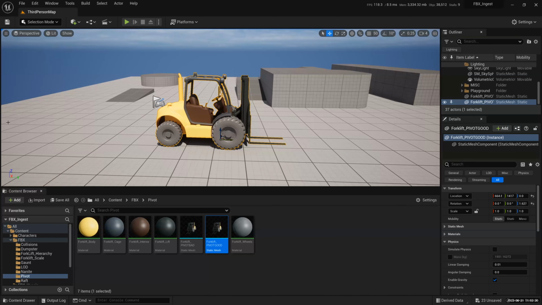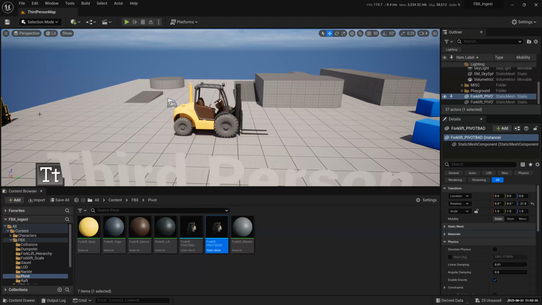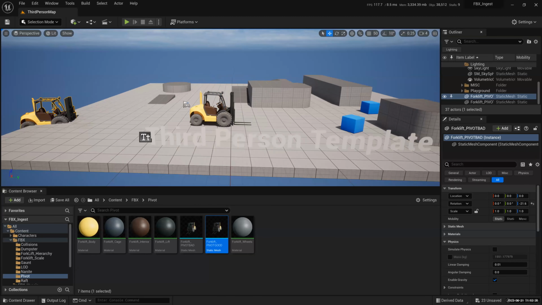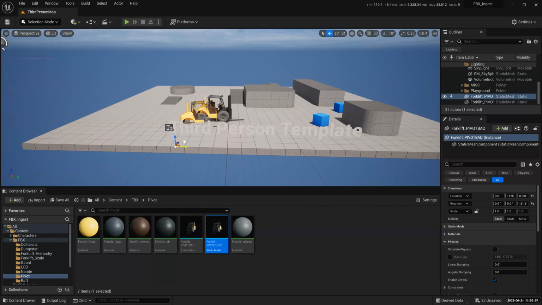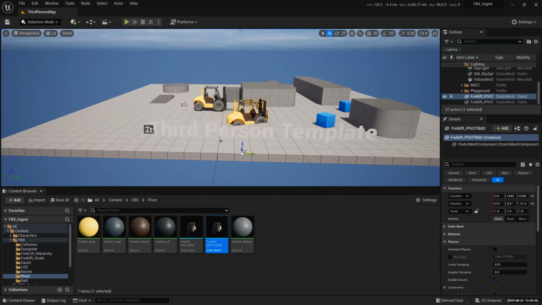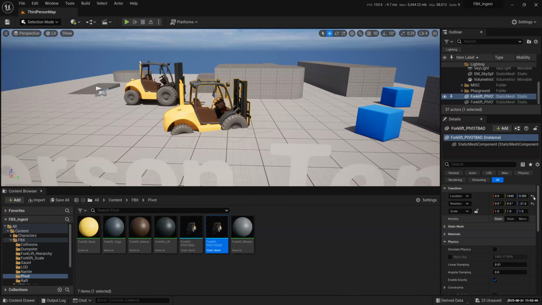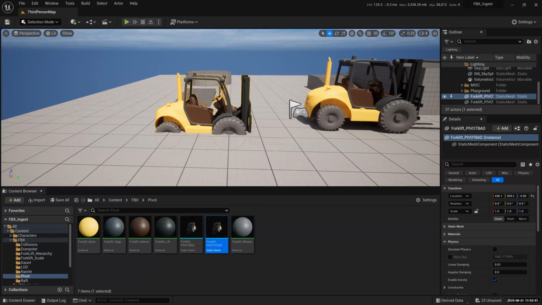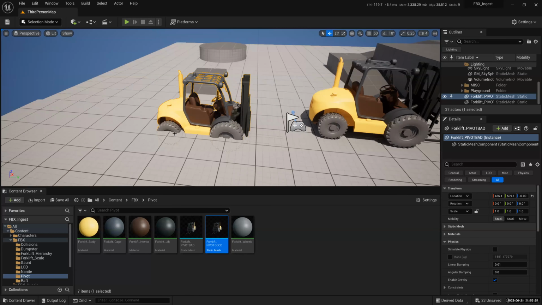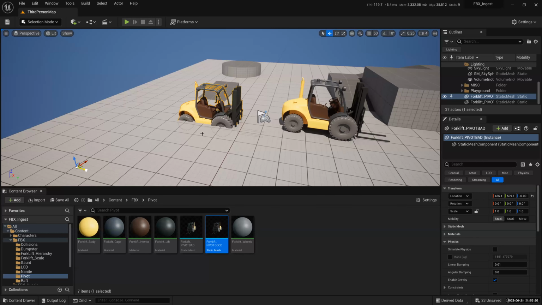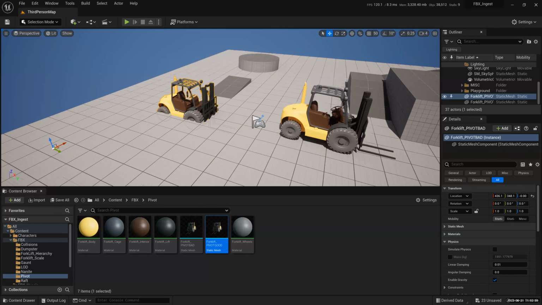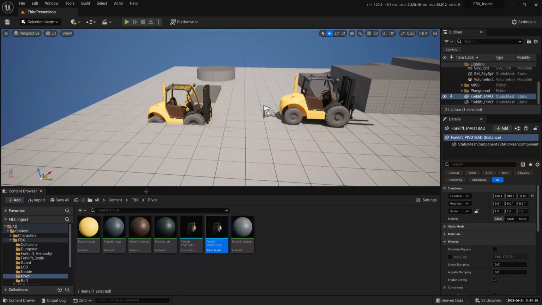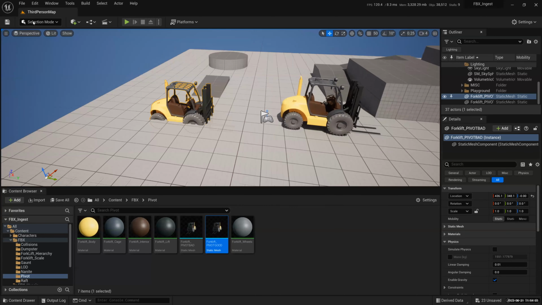So this guy over here, we have an issue with, right? See what the problem is with this guy. The problem with him is that the pivot point was not done correctly. You can go to the back there. I want to focus on this guy. Okay, I can reset its rotation and location first. And let's say we bring him back. So now how do we remedy this inside of Unreal Engine? Previously you couldn't do that. In version 4.27, you can't do that. But now they have a modeling tool in Unreal Engine that you can actually use to quickly reset the pivot point. So this is how you do it. On the top left corner, you've got this selection mode.